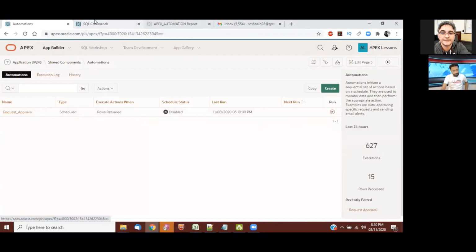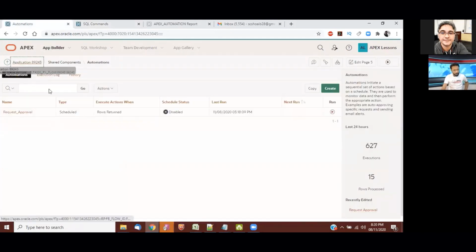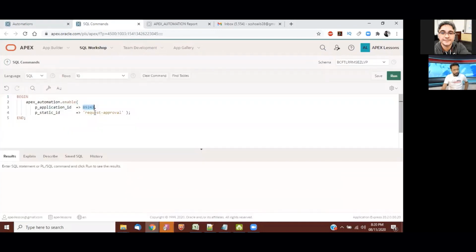So since it's disabled, I want to enable it. I say: enable my process. Apex_automation.enable with the application ID. This is the ID of your current application. You can use APP_ID as well if you don't want to write the application number.